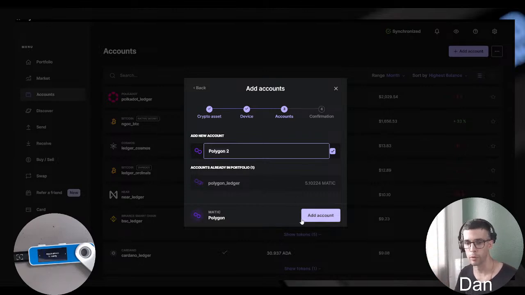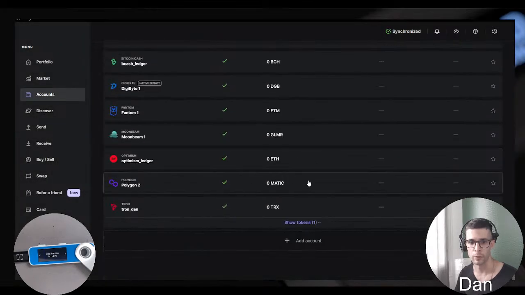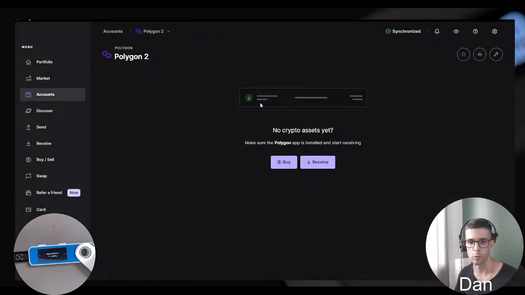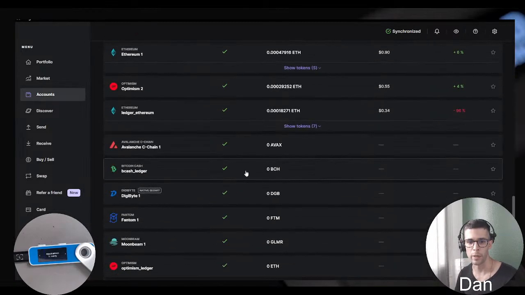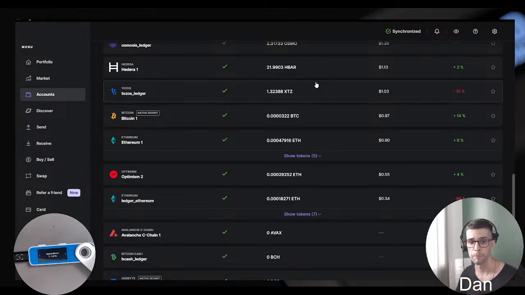So here's the flow to add your account. You'll have your Polygon account added, and your Matic balance will appear somewhere in there. Once you see your Matic in your Polygon account, you've got two options to bridge it back to your Ethereum account. You can just send it back to the exchange, and then from the exchange, you can withdraw the Matic through the Ethereum network, just like you did before, but make sure to select the correct network, so Ethereum instead of Polygon. Or you can use a bridge